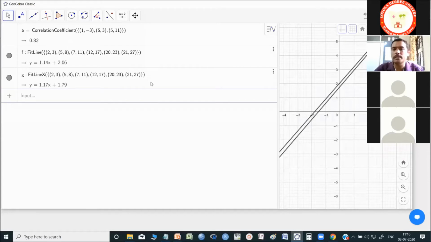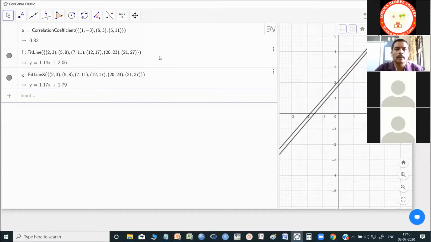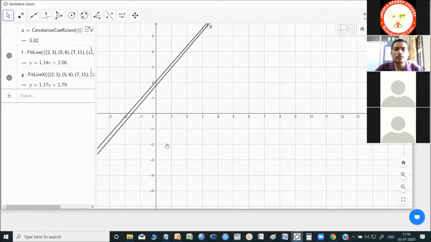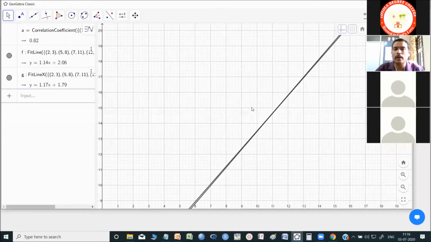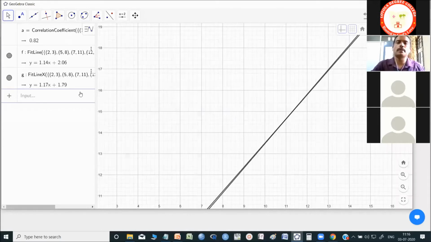Mostly this is a part of curve fitting. We find it difficult to explain without the curves, so we can use this tool. At this point, these two lines are going to intersect at the point (x bar, y bar), the mean of x and y. That also we can show. Somewhere here you will get the mean of x and y. Fine.